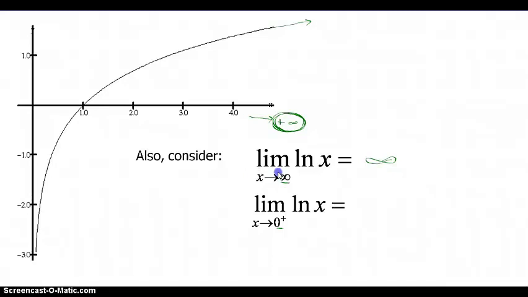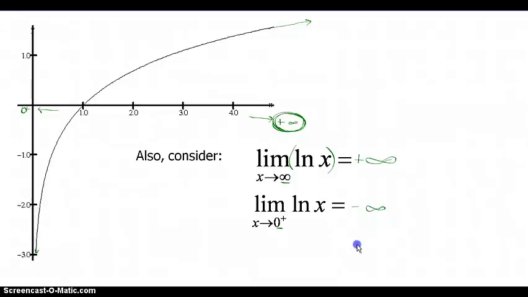So there's the limit. As x approaches infinity of this function, the outputs do go to positive infinity. So let's look at what happens as we approach an x value of 0 from the right. That's what's happening on the right side of this y-axis, right? Well, we can tell what the outputs are doing, and remember that's what the limit asks us. The outputs are headed toward